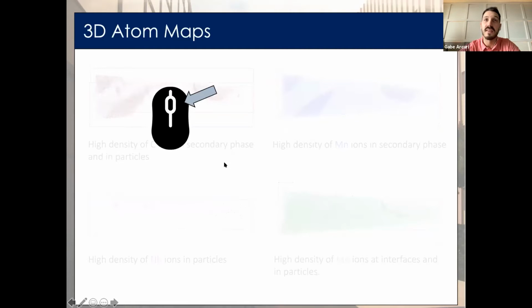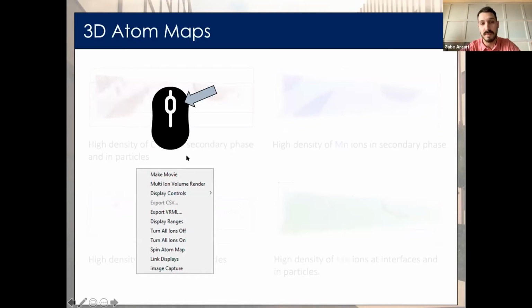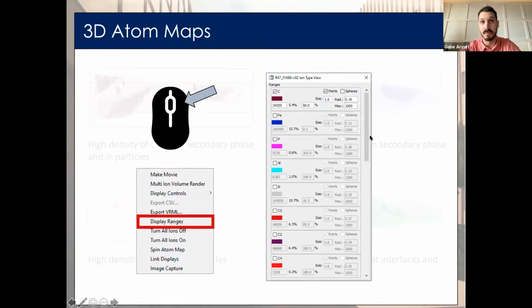So for those using IVAS, you can right-click on the reconstruction, and this will pull up a drop-down menu. From here, we can click Display Ranges, and this will pull up a new window. This window shows the different ions, and we can select them to show them, and we can also edit their color.